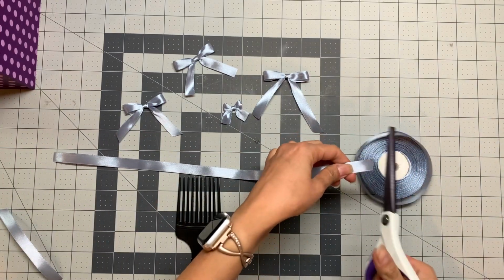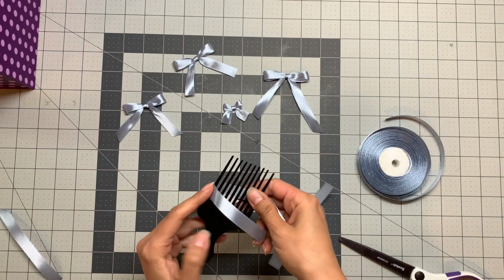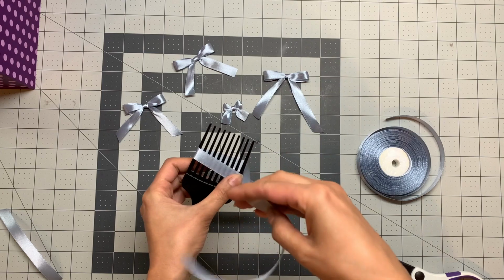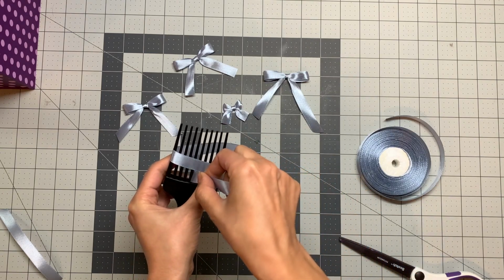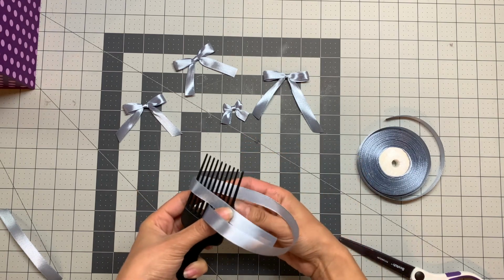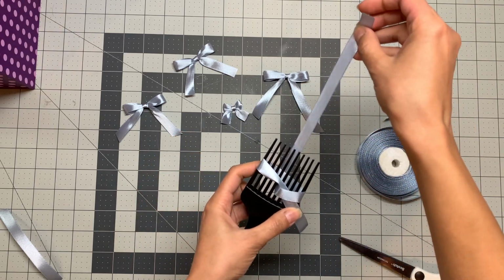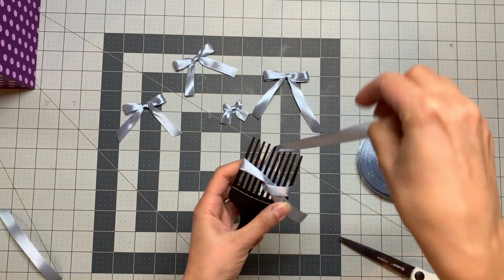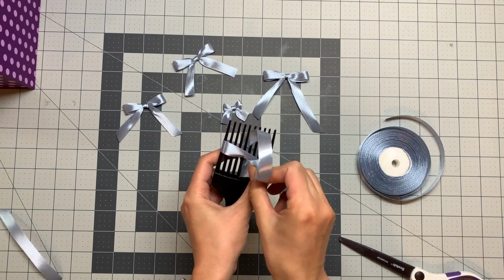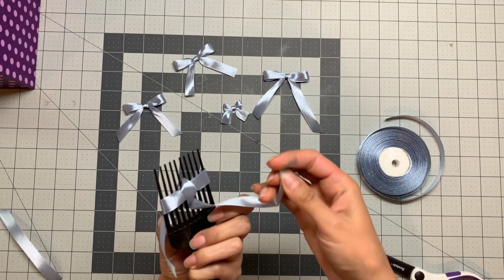So let's cut a piece of ribbon, and then you simply, like how I did with my fingers, wrap it around the comb and slide it through the middle like this. Sorry, my fingers are in the way, but I can show you now. Like this, you can slide it, bring it back, and slide it through the same space again, and then from the back side,